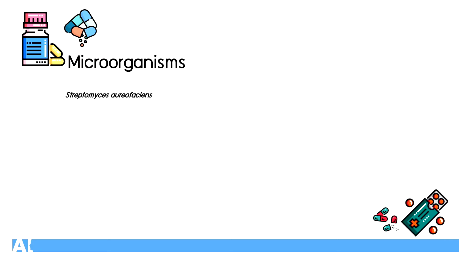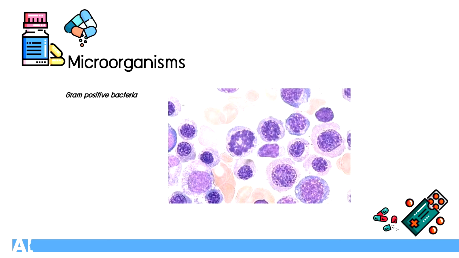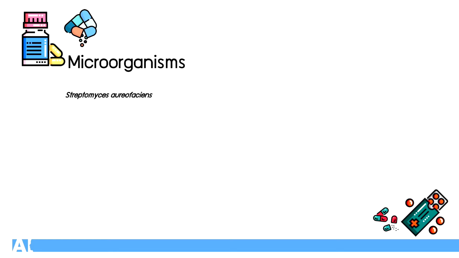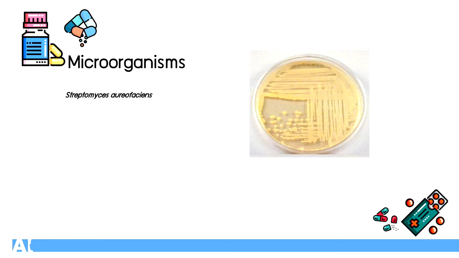Streptomyces aureofaciens is a species of Streptomyces and the source of many tetracycline antibiotics. Streptomyces aureofaciens is a species of gram-positive bacteria that grows in various environments, and its shape resembles filamentous fungi. The morphological differentiation of Streptomyces aureofaciens involves the formation of a layer of hyphae that can differentiate into a chain